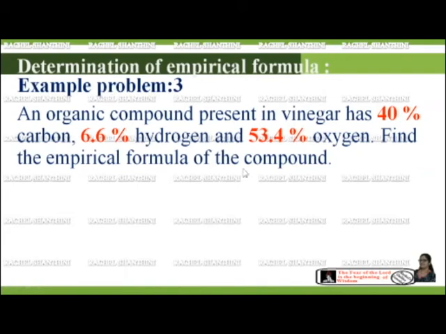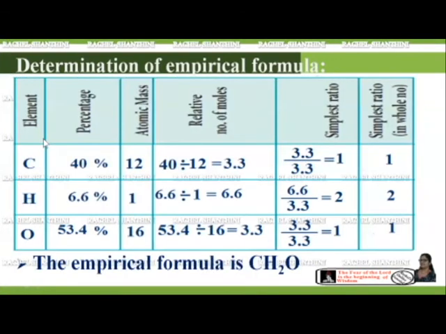Find the empirical formula of the compound. The elements present in this compound are carbon, hydrogen, and oxygen. The mass percentages given are 40 percent for carbon, 6.6 percent for hydrogen, and 53.4 percent for oxygen. If they give 40 percent as a mass percentage, it means 40 parts of carbon in 100 parts of